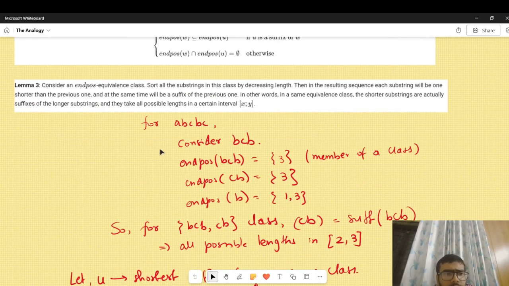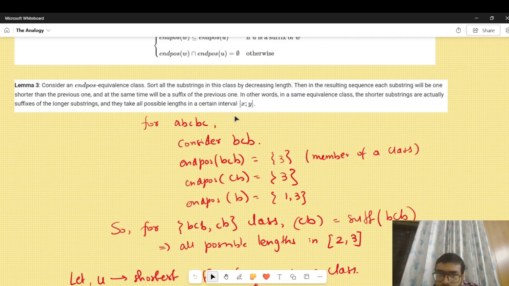Now comes the third lemma. If you have an npos equivalence class and we list all the substrings in that class, then all of them will be suffixes of the longest one, and there will be a shortest string. So basically, if the length of the shortest string is x and that of the longest string is y in the same npos equivalence class, then the whole interval from x to y is covered by the substrings